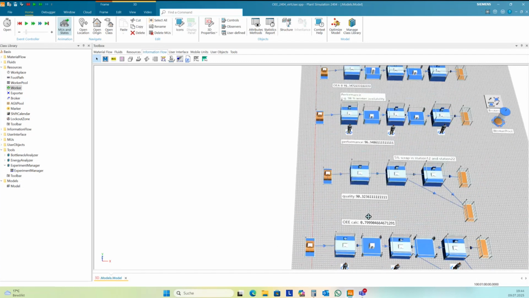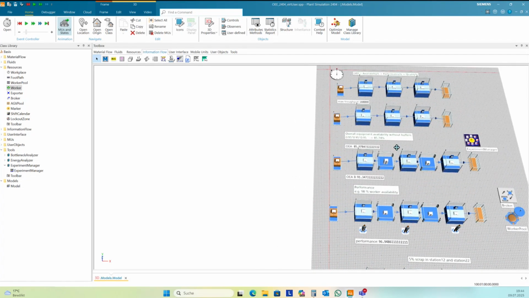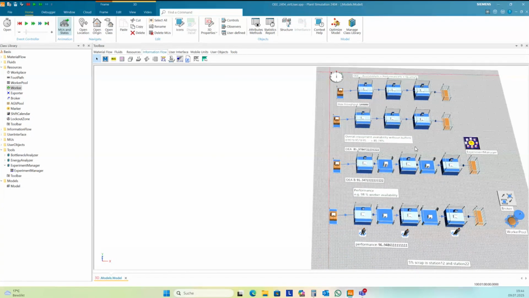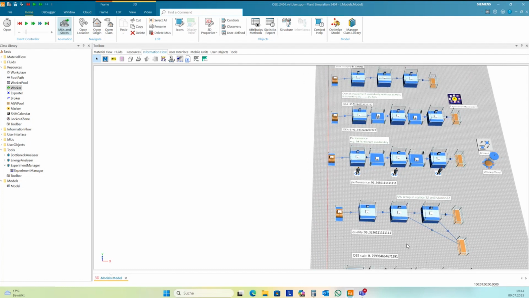If you need to have all the elements of the OEE separated, then you need to switch off the availability, the worker influences and performance influences, and the scrap to have this tree in a separate way, like I have done now.